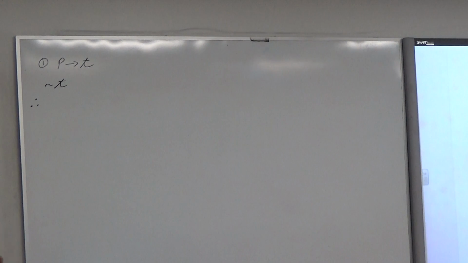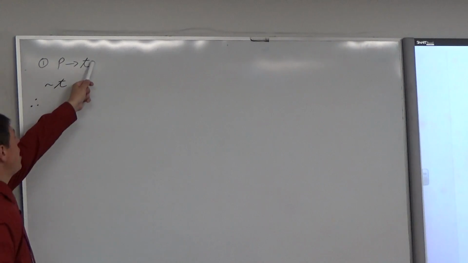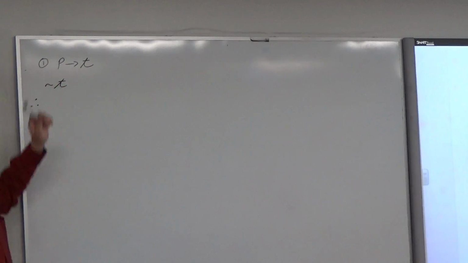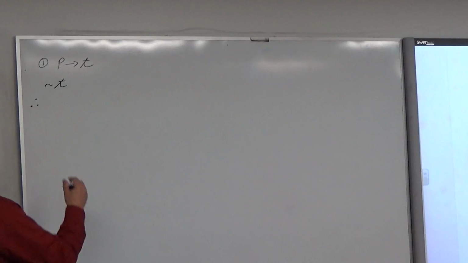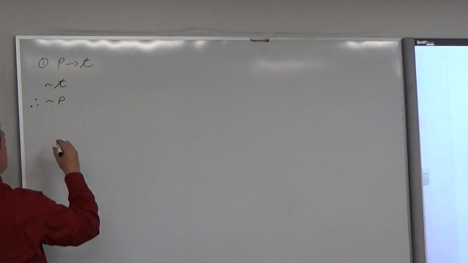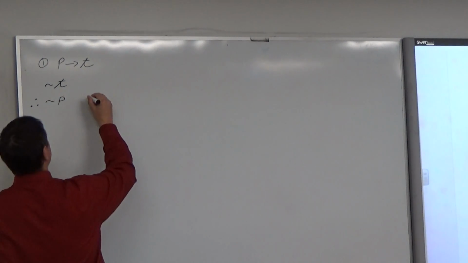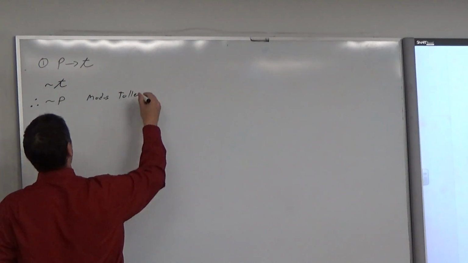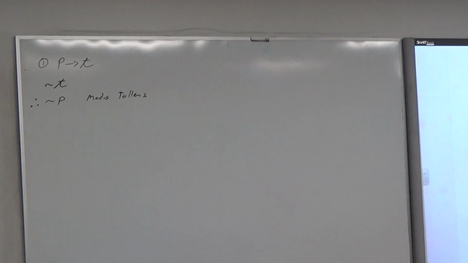Guys, take a look at your modus tollens. P implies T. If you have the negation of the conclusion, that gives you the negation of the antecedent, okay? So this is going to be not P, okay? So this is just your modus tollens, okay? Remember, these are all valid. So once you get to this, you're allowed to use this as many times as you want in the problem,